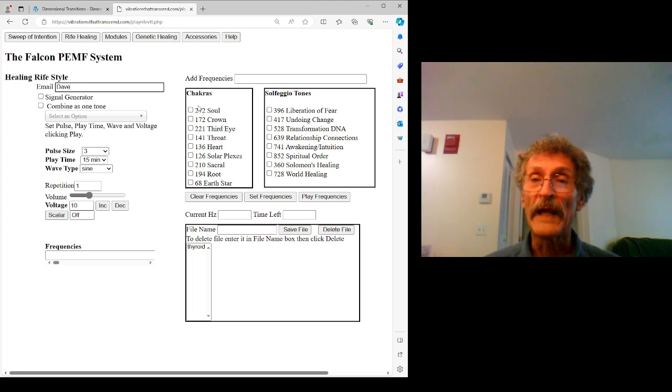I've already showed you how to choose database. So before we say that, we're going to go through the second process of how to choose your own frequencies. Now over here, these are common frequencies that a lot of people use. You'll find them on YouTube. These are chakra frequencies and solfeggio tones. Those of you who understand the terminology and those types of energies, you'll recognize these. But each one of these has a set of frequencies and an associated word, which those frequencies are for.